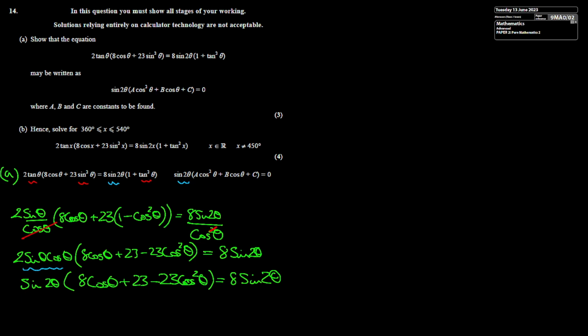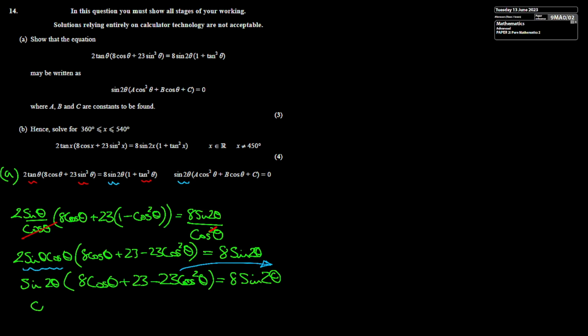Well, if you look in your formula books for the double angle formula, this is sine 2 theta as well. It would be a mistake to cancel these two terms out because you're removing them from possible solutions of the equation. We can cancel constants out, but we can't cancel these variables out. So they're going to have to stay. So if we move all of this onto this side, it's all under the charge of sine 2 theta, and